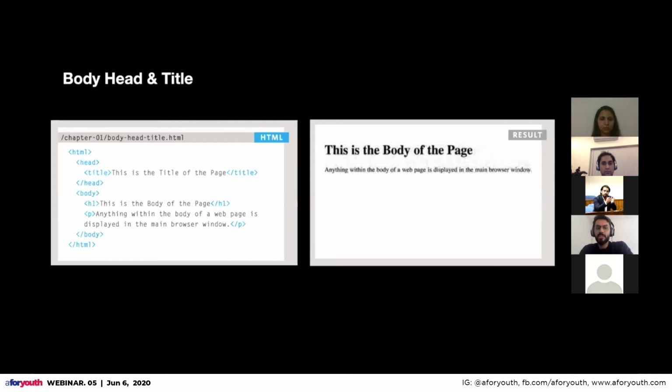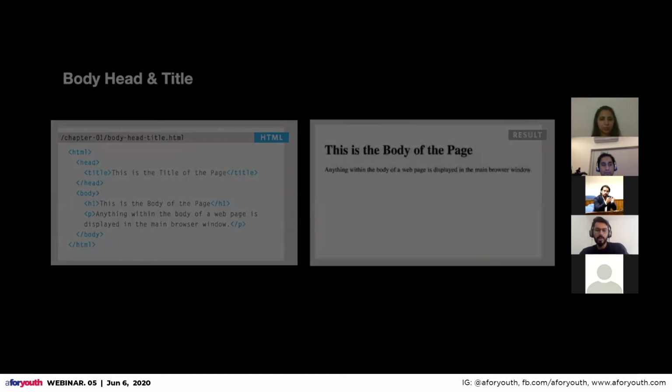And you can't see the title tag in the page, because only the body of the page is shown on your screen. The title is what you see in the tab. I can actually give you an example of this.